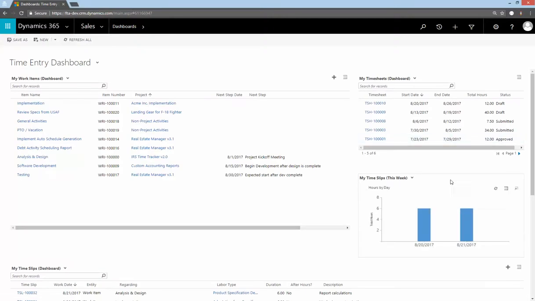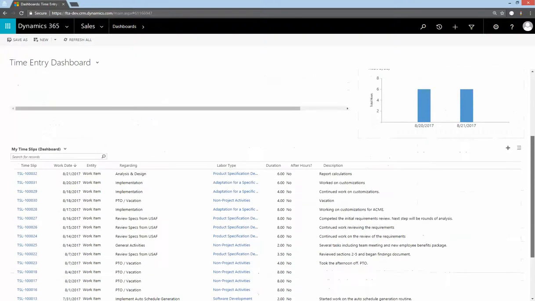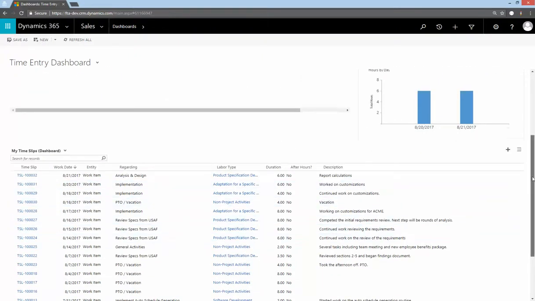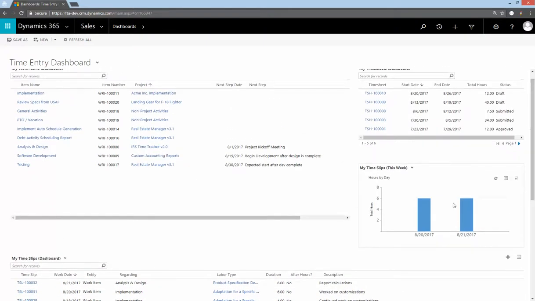I can see that on my dashboard, these are the different work items I've been assigned to. I can see my timesheets, and I can see that I have not submitted my timesheet for last week. I can see my timesheets for this week. I can see a little chart of the hours that I have so far this week and all my time slips that I've entered. So the first thing I notice is that on Monday I only put in 6 hours